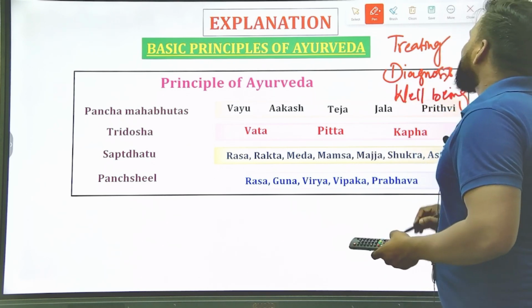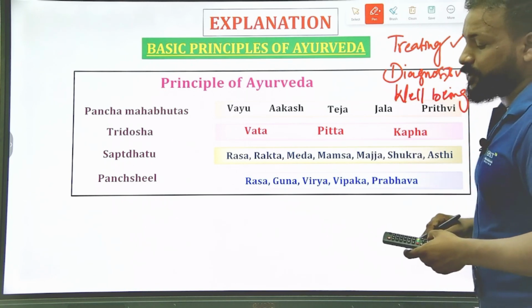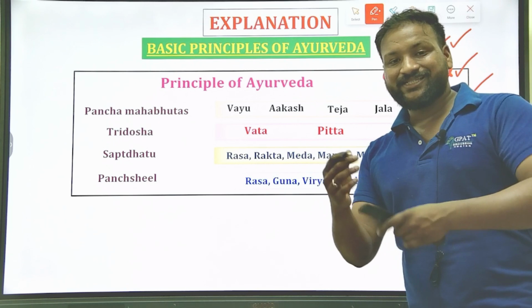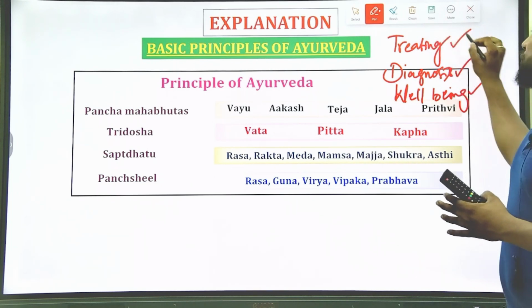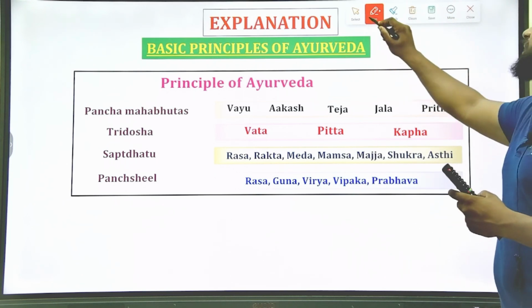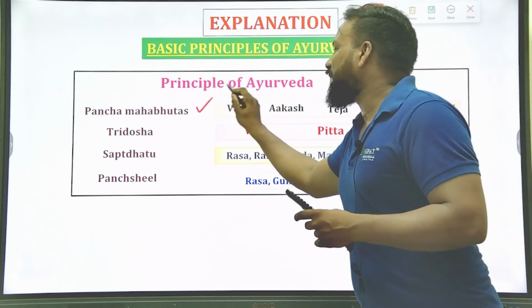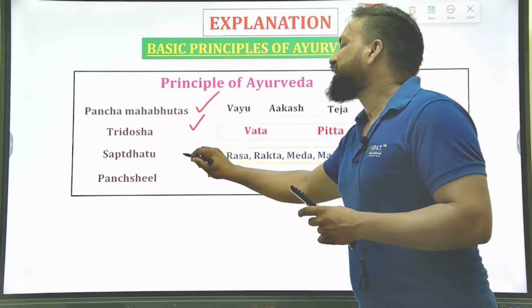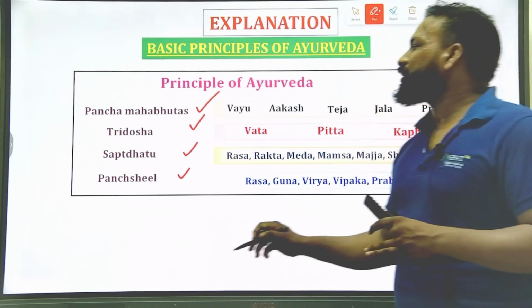Whether it is the Chinese system, Ayurveda, Yoga, Unani, Siddha, or Homeopathy, every system has these three main roles or goals. In order to achieve these three goals, they have some theories. In Ayurveda, these are the theories: Pancha Mahabhuta theory, Tridosha theory, Saptadhatu theory, and Panchasila theory. But among these four,